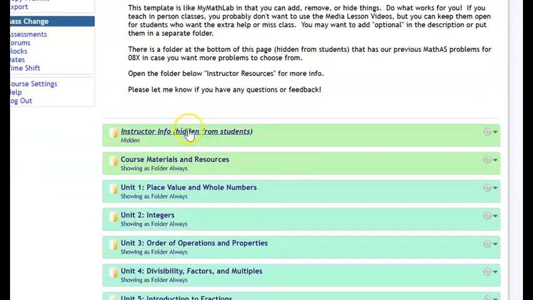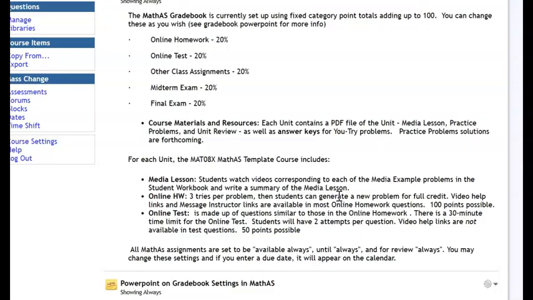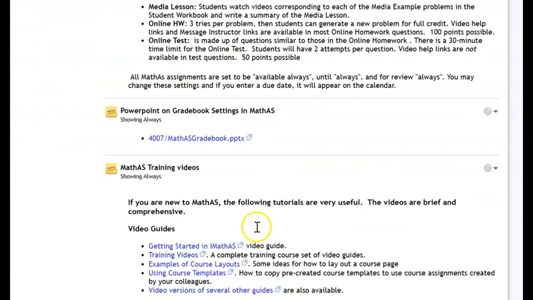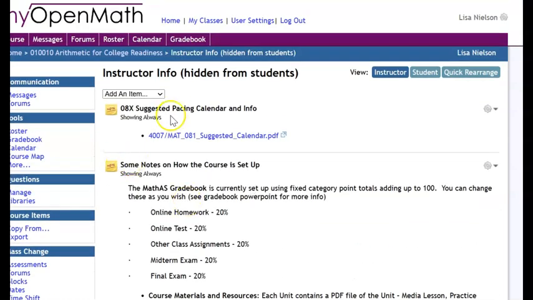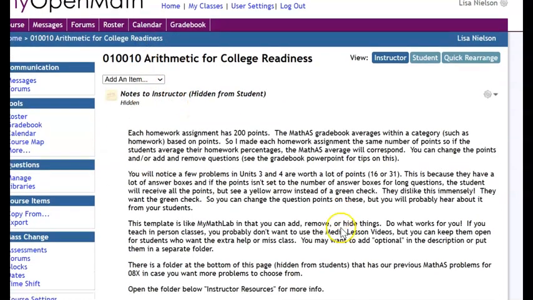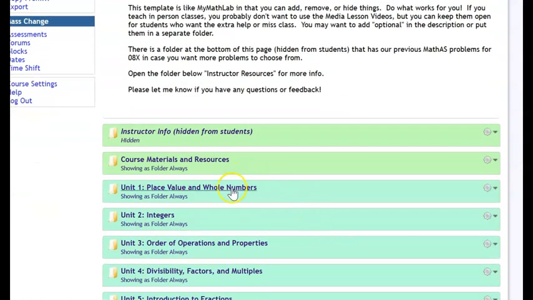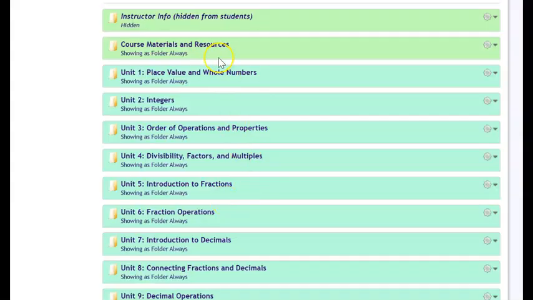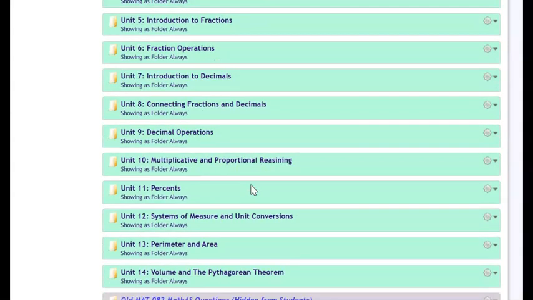It's got instructor info so you can just see how the class rolls. It's going to show you all the things that are available. It's got PowerPoints. It's got training videos. It's pretty cool. Then you go back. So I really actually just play with this a lot and sort of find different things. But you can see all of the assignments are here. So place value in whole numbers, integers, order of operations, fractions, a little bit of everything. So this is a really good foundational